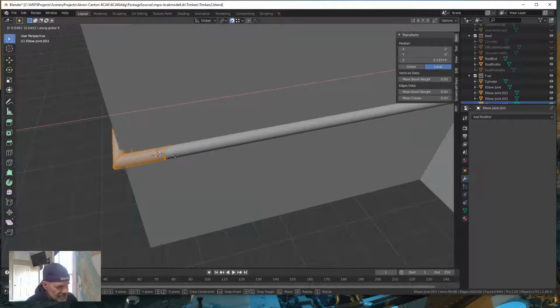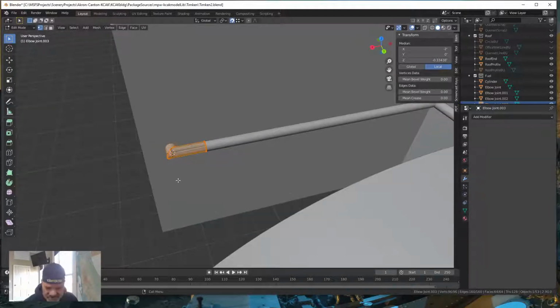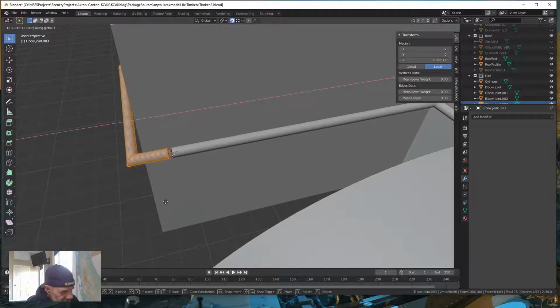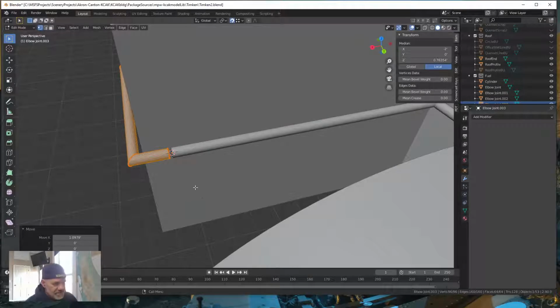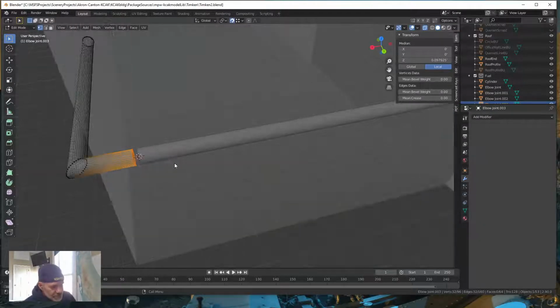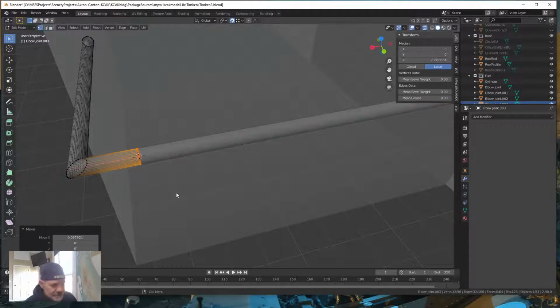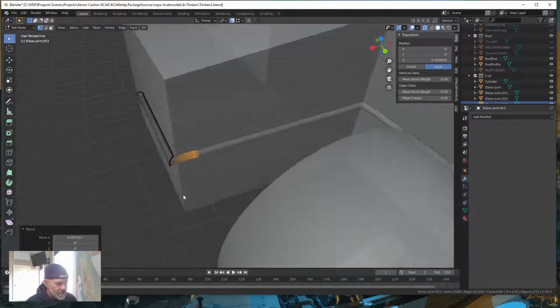Yeah, that's not the effect I want. Okay, so let's do this. GX, move that out about like that. Okay, that's what we want. And then with ghost on, X-ray, whatever you want to call it, with those vertices selected, let's move those in the X direction till they snap to those. There. All right, now